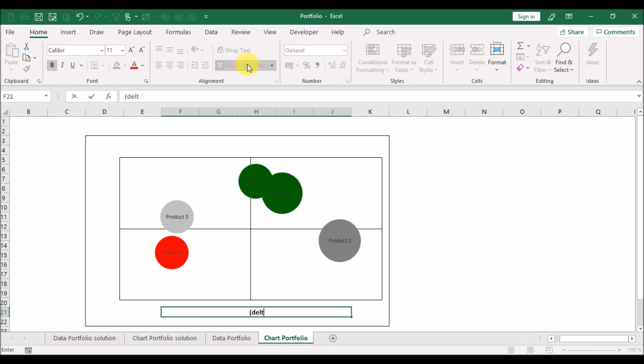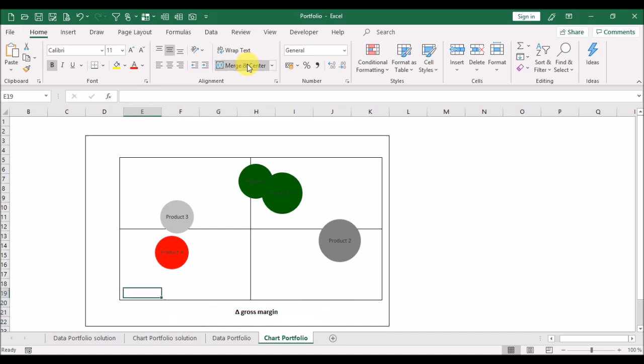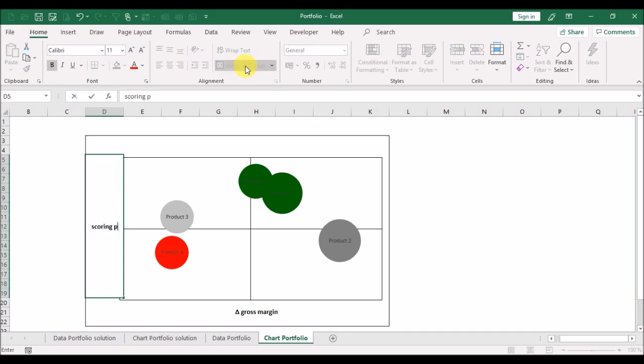Then we will use delta gross margin for this first step. Then mark the cells here at the vertical line, merge and center. Then we will write scoring points,